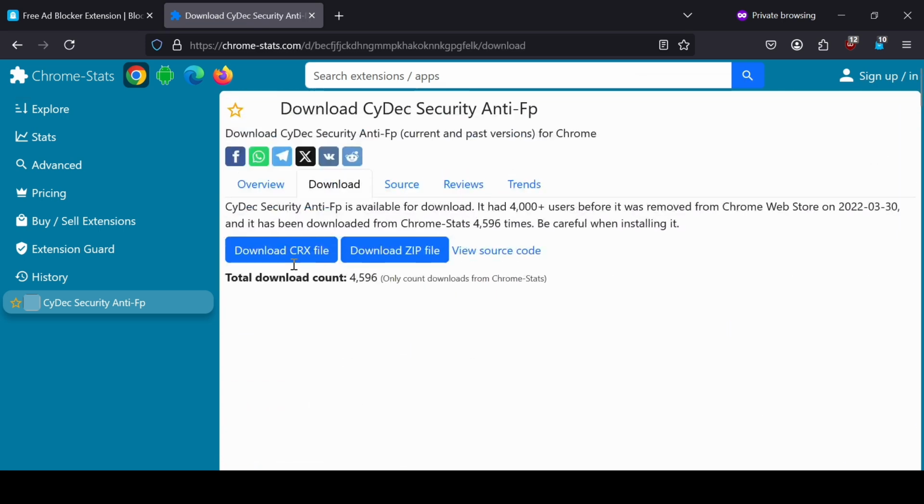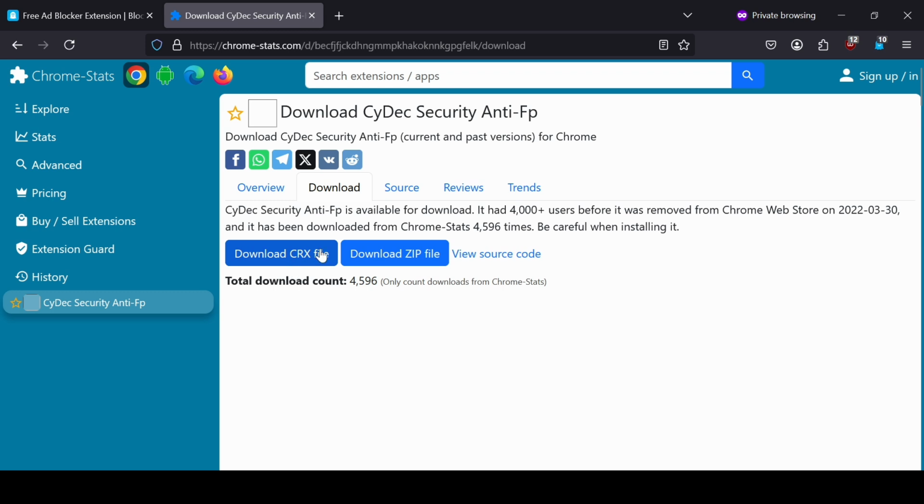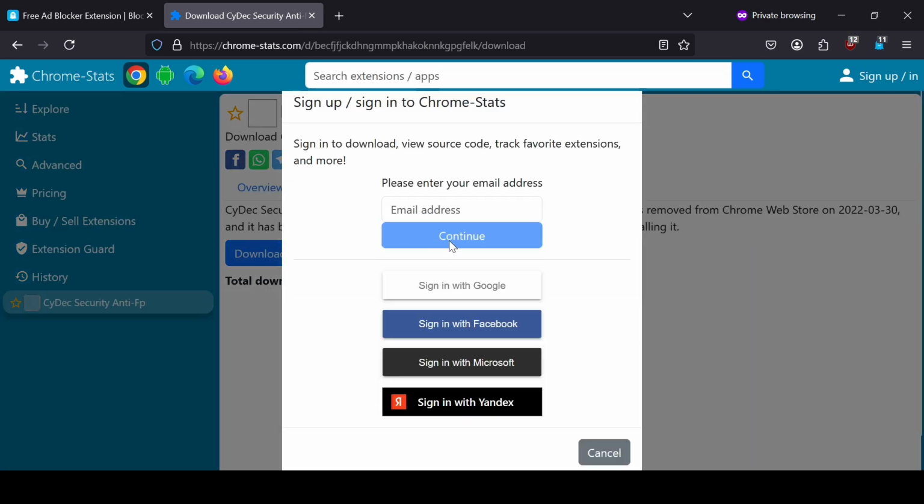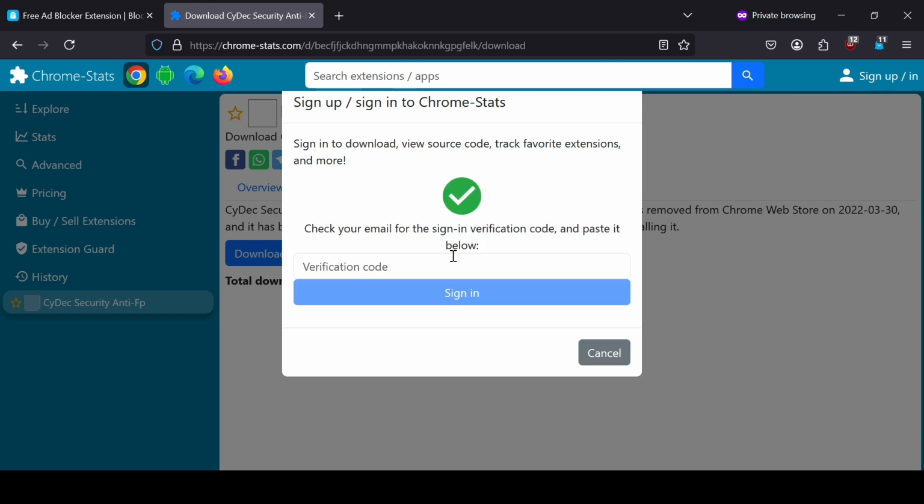So download that. Download the zip file. You can put any of your email if you wish. Put any of your email to continue. They will send you a code. So put in the code. Yeah. So if you download the one that is not this, it will not ask for this email. So that is another way for you to know the original. It's going to ask for this email to continue, where they will give you a code that you put here.